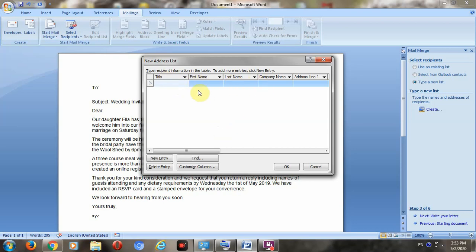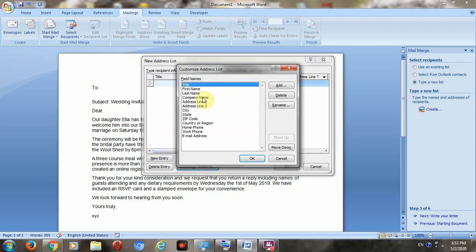A field name is the same as a column name in a table. The fields which I don't need now, I want to delete. For this we click on Customize Columns. Here is the list of field names: title, first name, last name, company name, and so on.